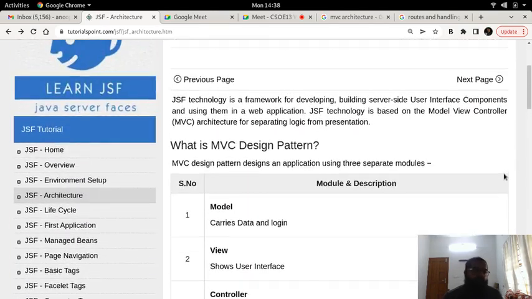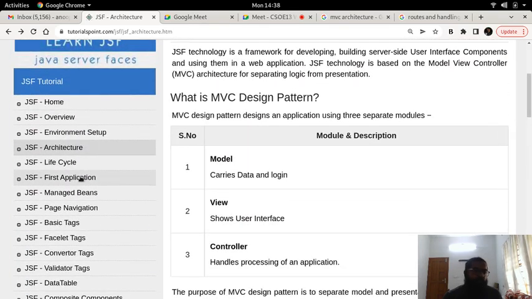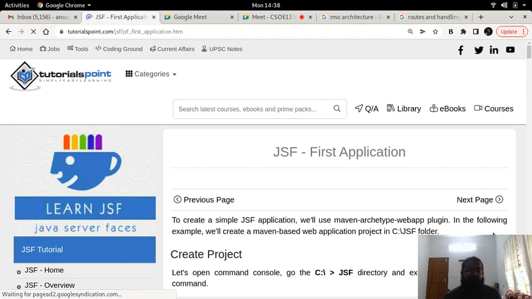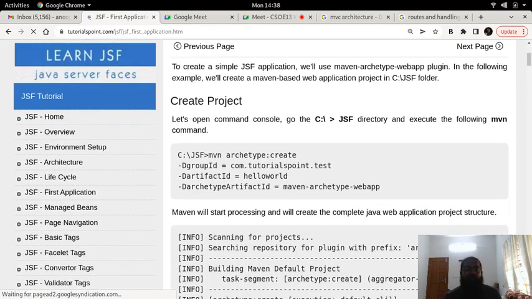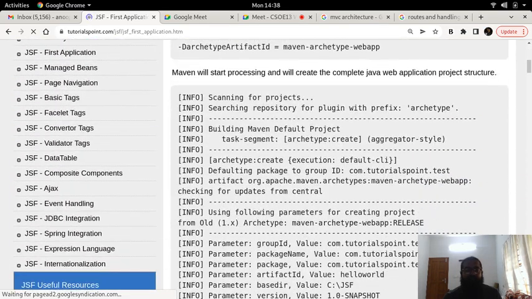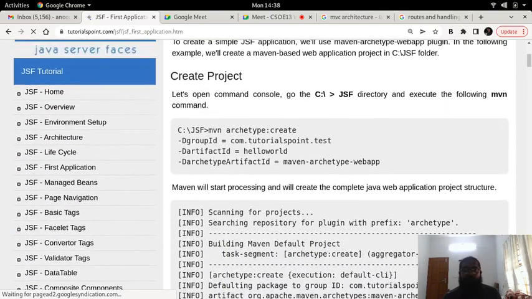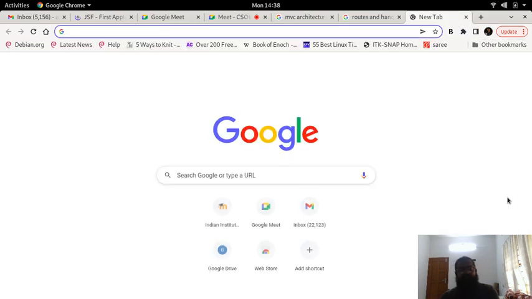Here you can go to the JSF first application. You can look at how to create a very simple JSF application. You need to install Maven. Maven is a package management tool for Java.